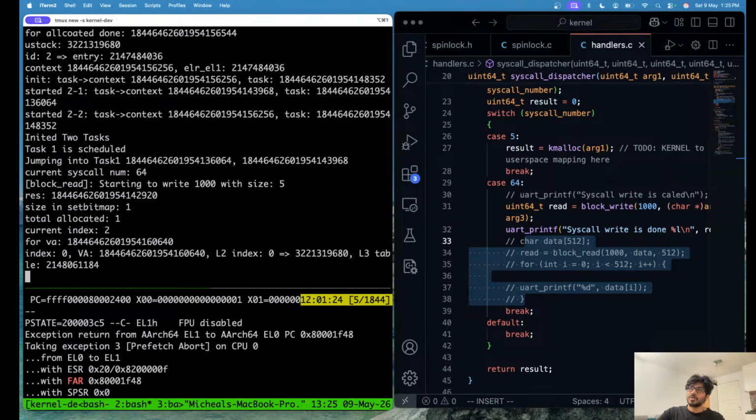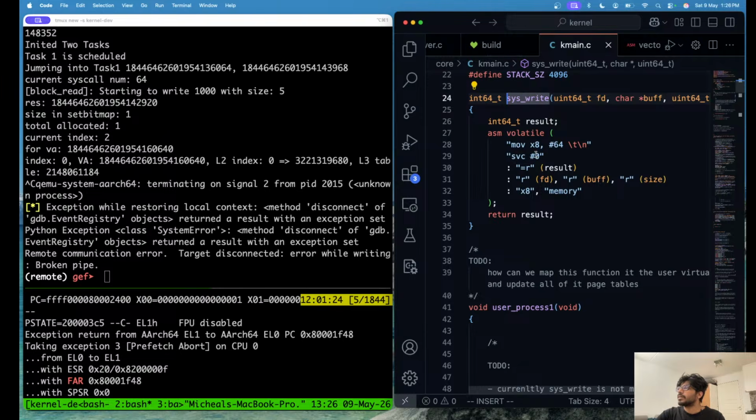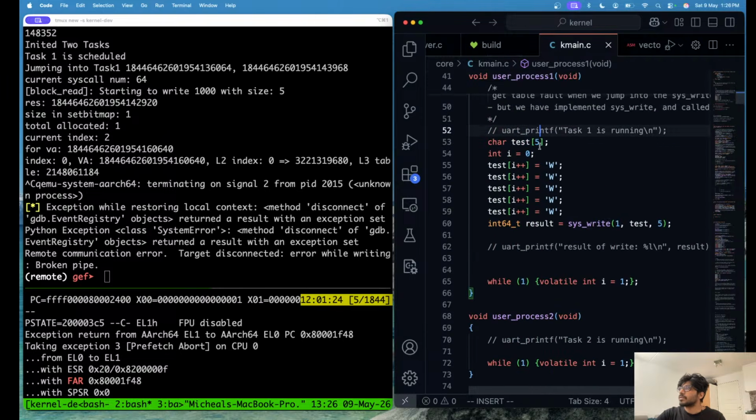No, it did not work. Actually, something is not working within the block layer. Maybe it's the total size. Let's see. Where is it? Here. I just allocate 512 and I pass 512. Now if I try,